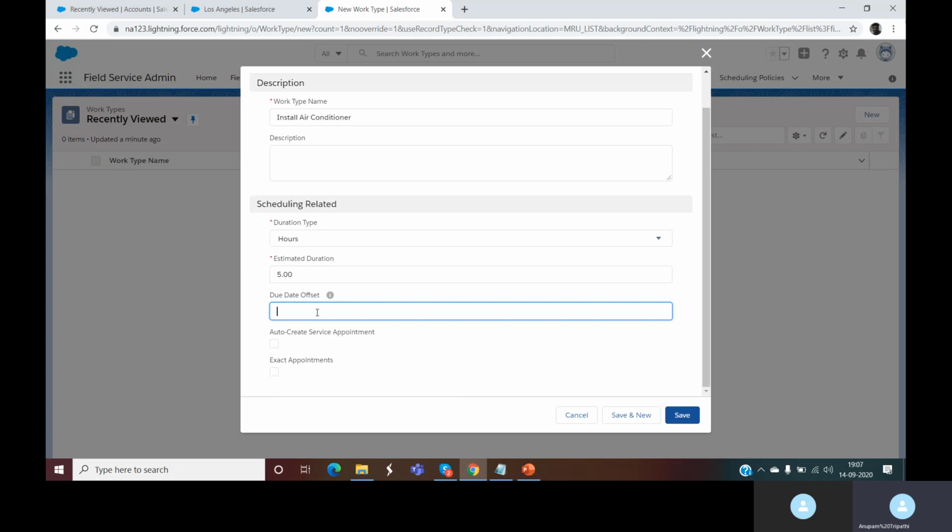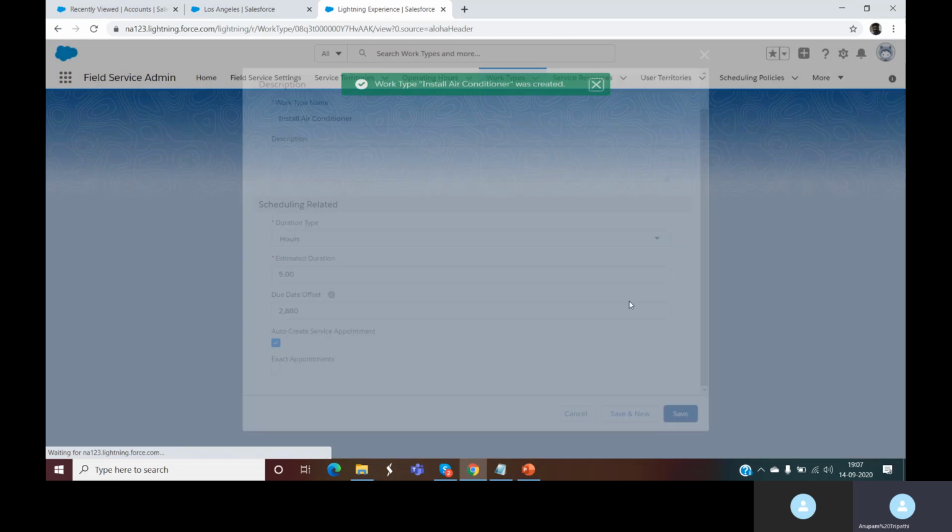Maybe we can add a 2 day offset, and then we'll also check this: whenever you select this work type while creating a work order for the technician, it creates the service appointment automatically. So we'll save this.